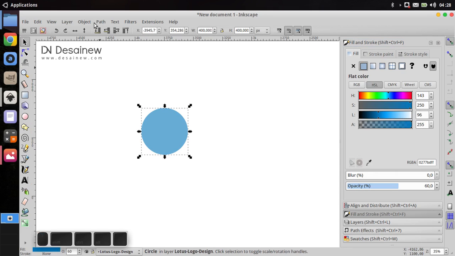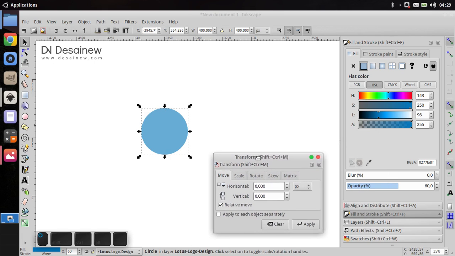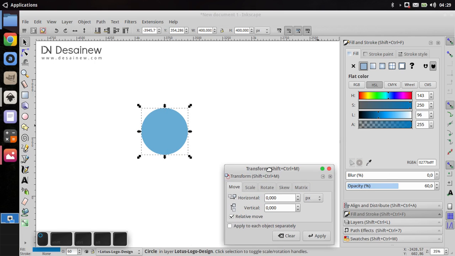And then open the transform window with Shift Ctrl M. Okay, you choose the move tab, and for the horizontal section we fill in 300 pixels.